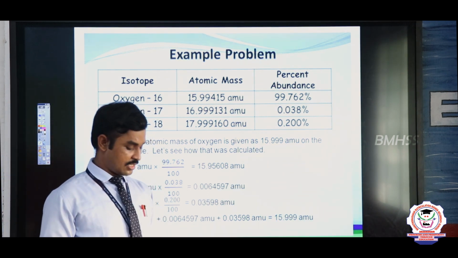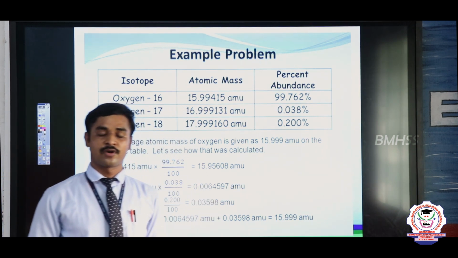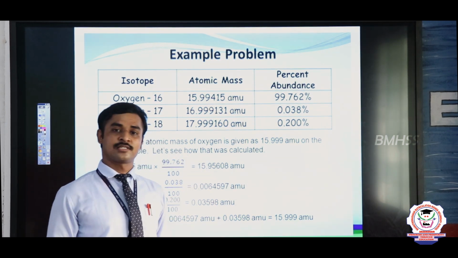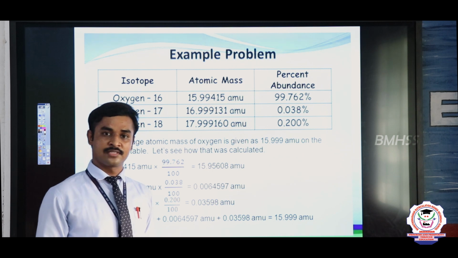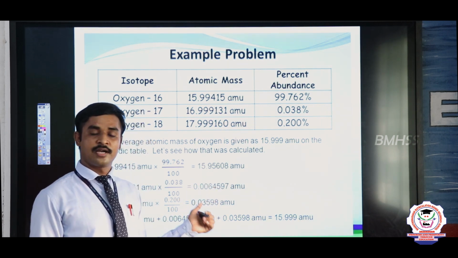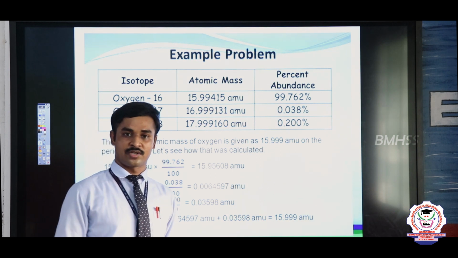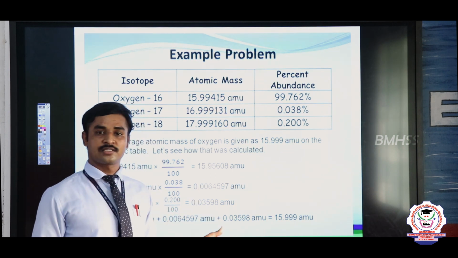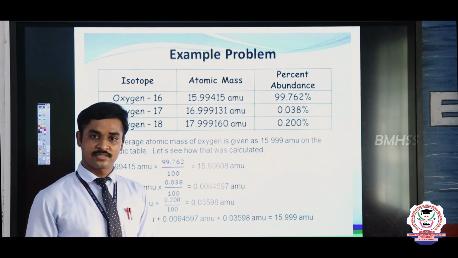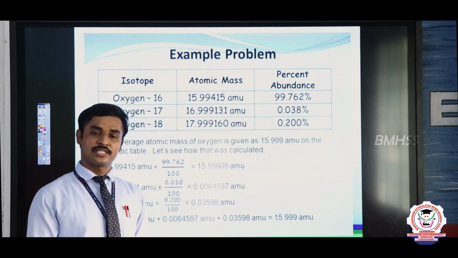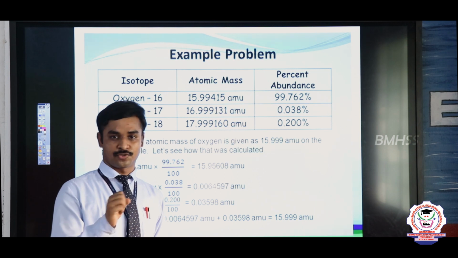I repeat now, the study materials contain the 1 mark questions for average atomic mass and relative atomic mass. The average atomic mass and relative atomic mass for some elements are given in the table, and other elements are also given in the study materials, they can be asked in the 1 mark. And the 2 marks contain the definition of relative atomic mass, the definition of average atomic mass and the calculation of average atomic mass for carbon isotopes.